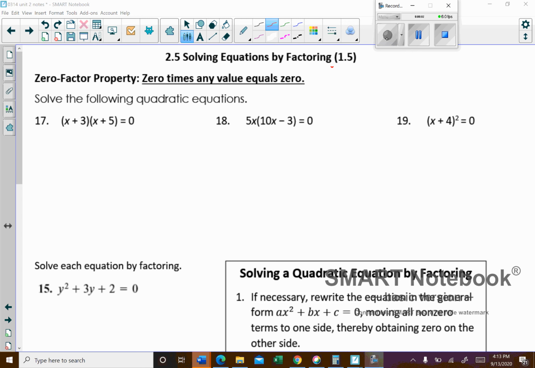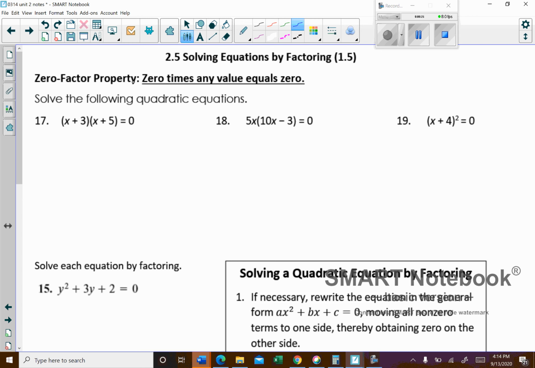All right, so 2.5, solving equations by factoring. Okay, so we're going to finally get to see some of this. It's not really quite application yet, but it helps give you a little bit more insight into how factoring could be useful. Okay, so before we can do that, though, we're going to have to look at this thing called the zero